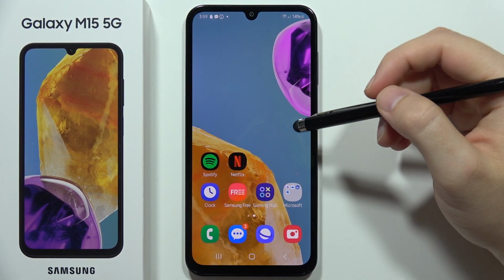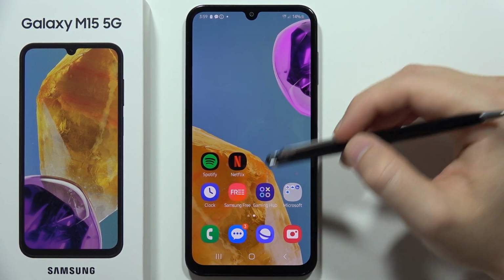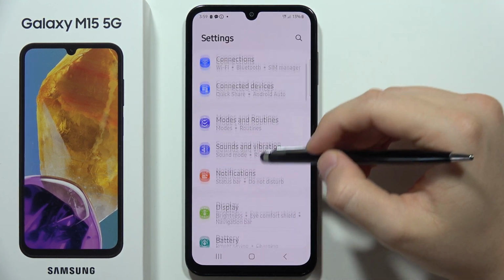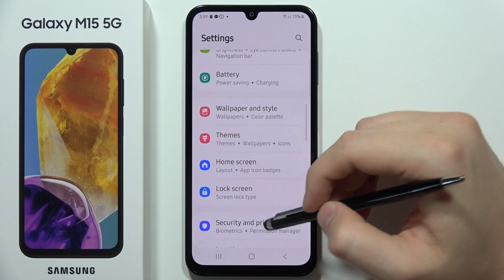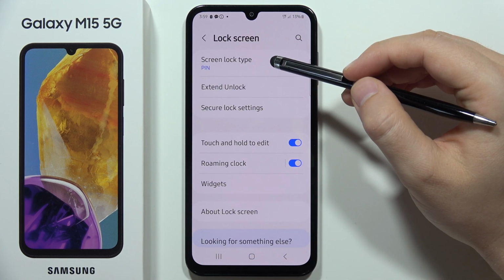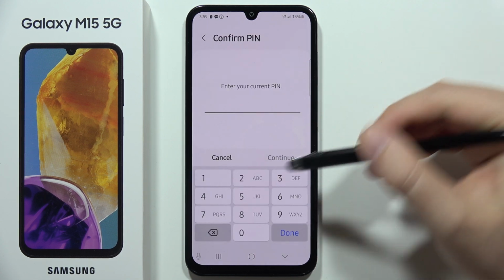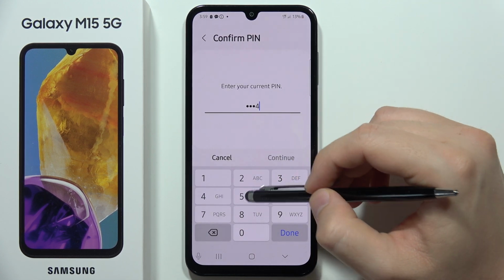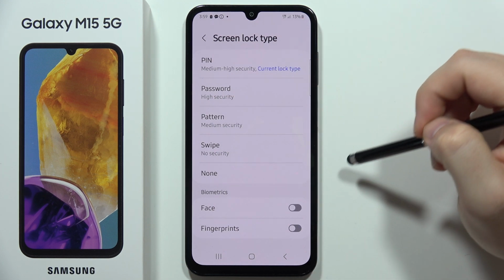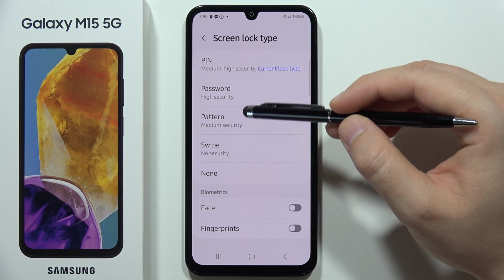Hey, to change screen lock type on the Samsung Galaxy M15 5G, first you have to open the settings. Now you have to scroll down, select lock screen, and from this select screen lock type. Now input your current screen lock, click continue, and from this you can actually change between the PIN, password, pattern,